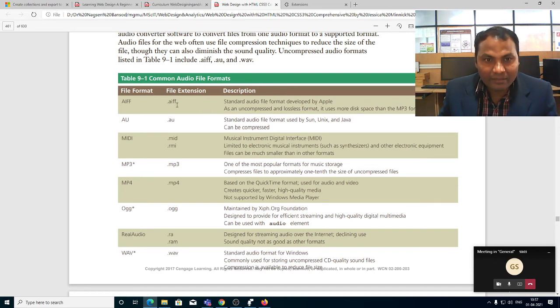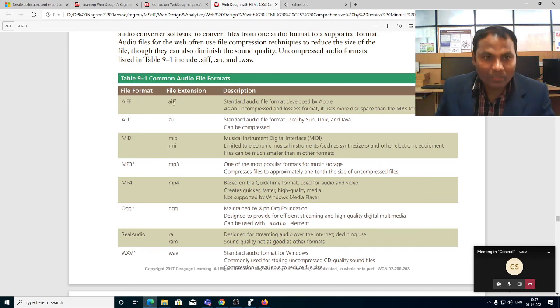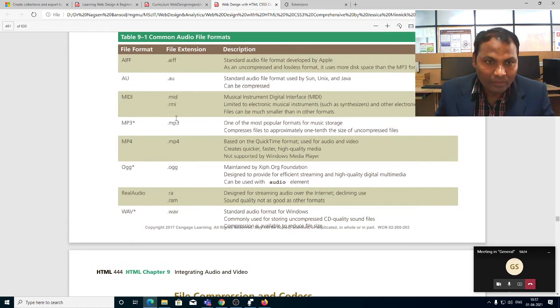It is an uncompressed and lossless format. It uses more disk space than the MP3 file format. It requires more space. Another type is .au.